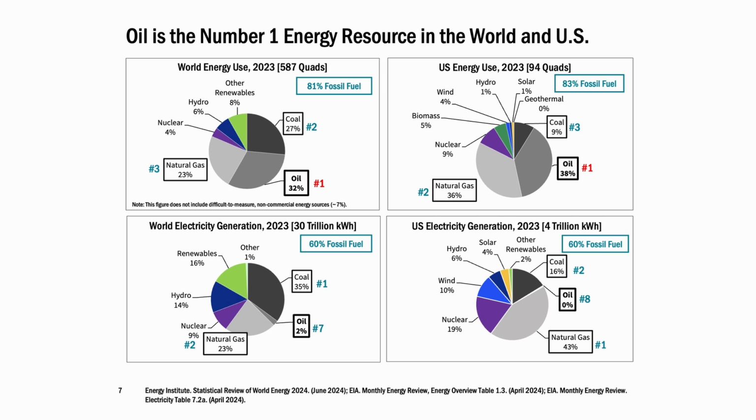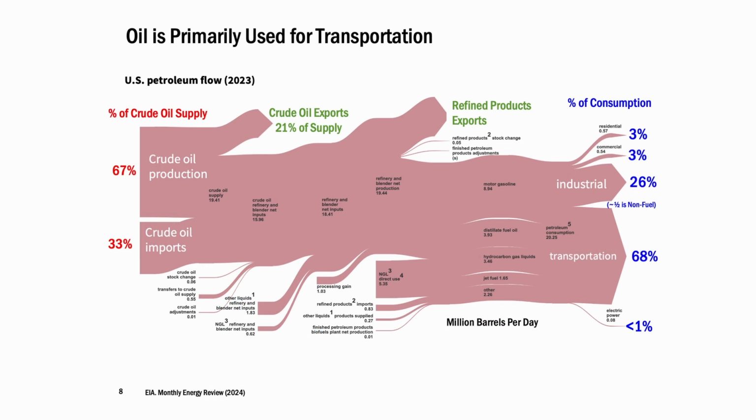So you can see the difference in the pie charts at the top. We're talking about energy, oil is a big one. When you're talking about electricity generation, it tends to be pretty small. This is just another way of looking at that. So we've looked at our spaghetti diagrams for all of our resources. This is just looking at the US for oil. So you can get a sense of where are we getting our oil and what is it going to in one chart. So you can see here we're importing about 1/3 of our oil supply and producing about 2/3 of our oil supply. And then we're exporting about 20% of that supply.